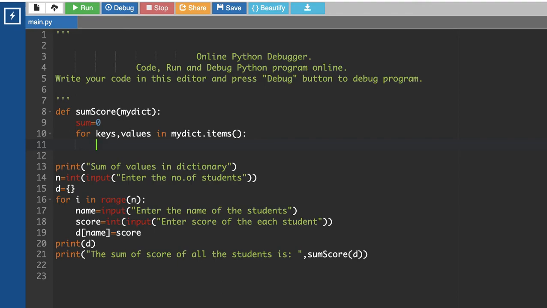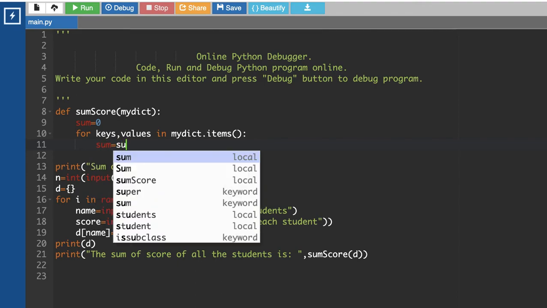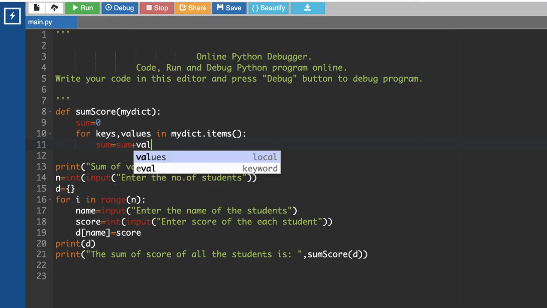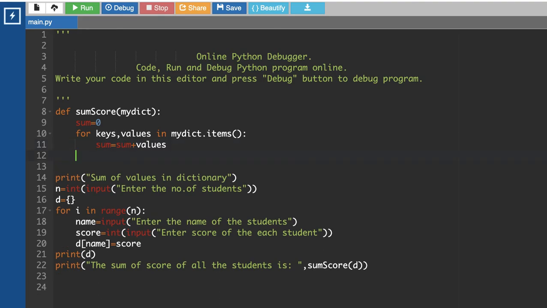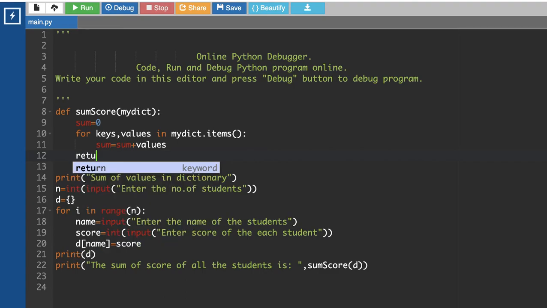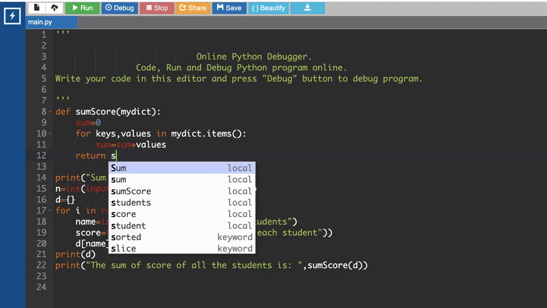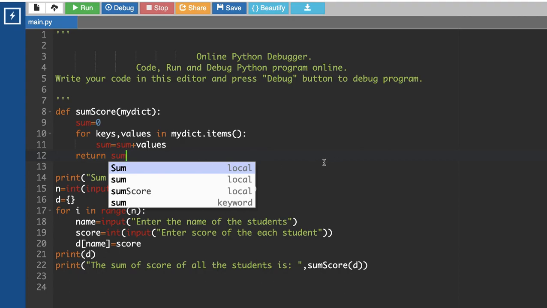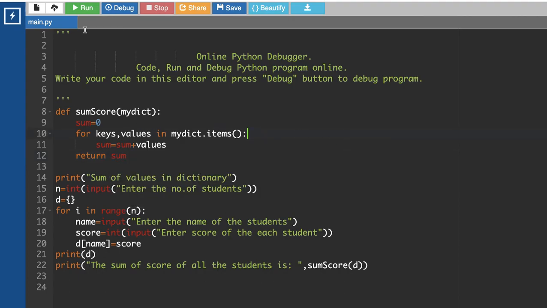Then I find the sum of values: sum equal to sum plus values, because the score is accessed from the dictionary and stored into values, and the name is stored into the keys. After finding the sum of all the scores, I can return that sum. Now I'll try to execute the program.